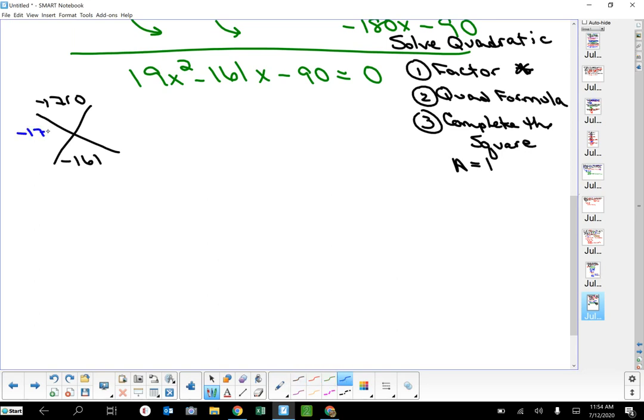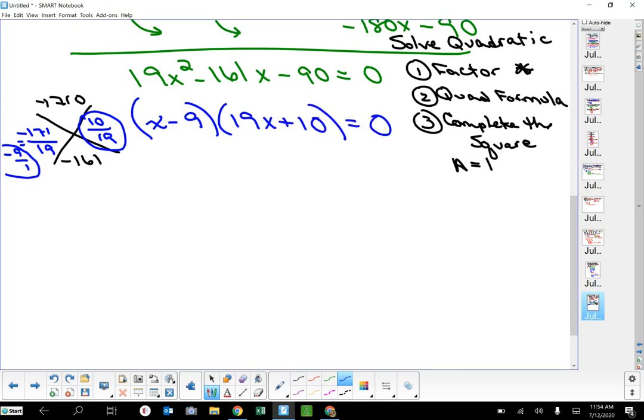Negative 171 and 10. And then we have to divide by 19 and divide by 19. And would you believe 19 goes evenly into 171? And this is negative 9 over 1. So we're going to use that to factor into x minus 9 and 19x plus 10